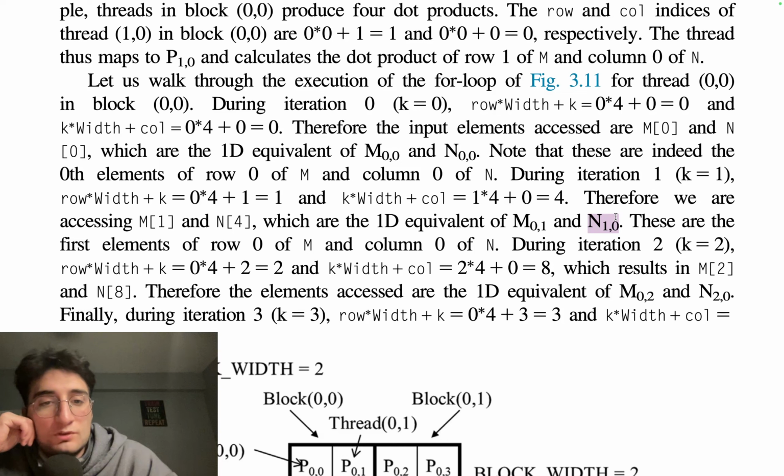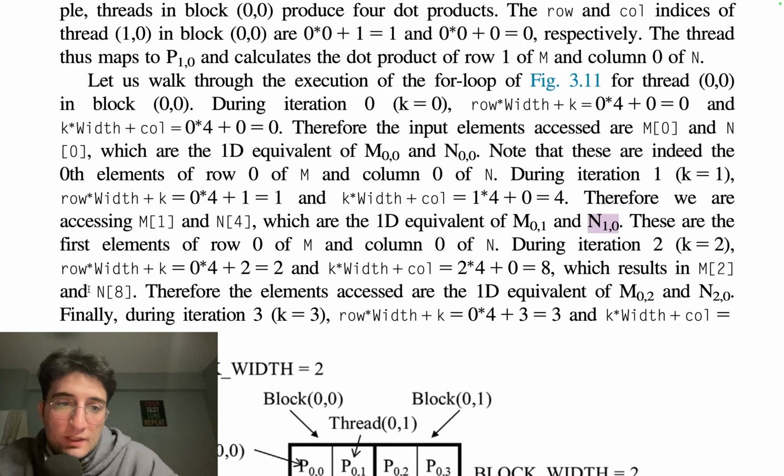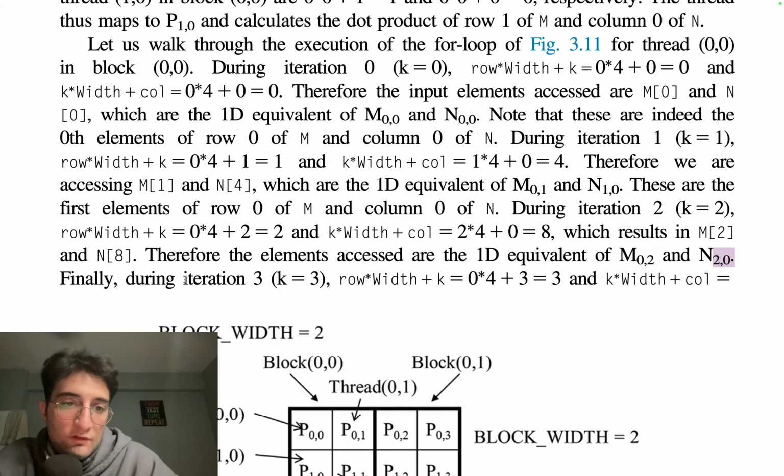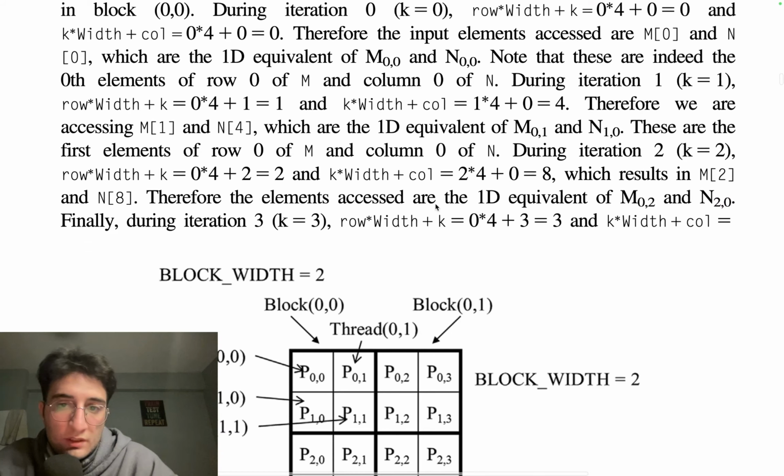These are the first elements of row 0 of M and column 0 of N. During iteration 2, M2 and N8. Therefore, the elements accessed are the 1D equivalent of M02 and N20. Finally, during iteration 3,